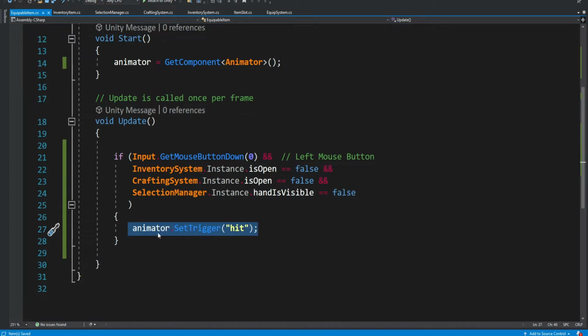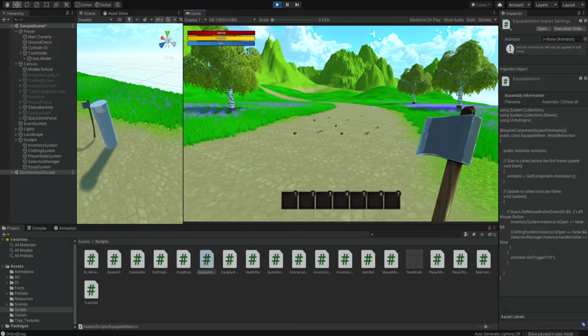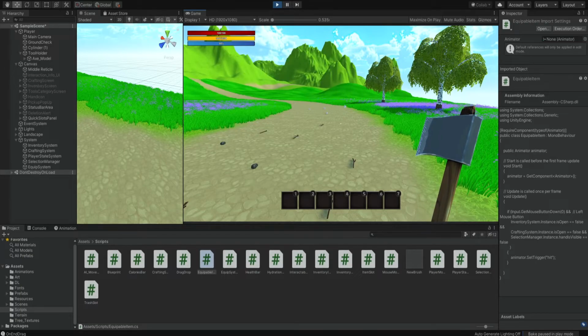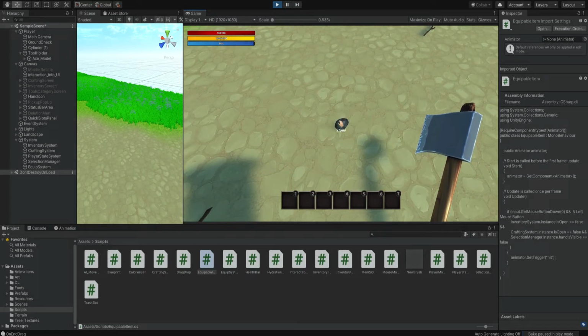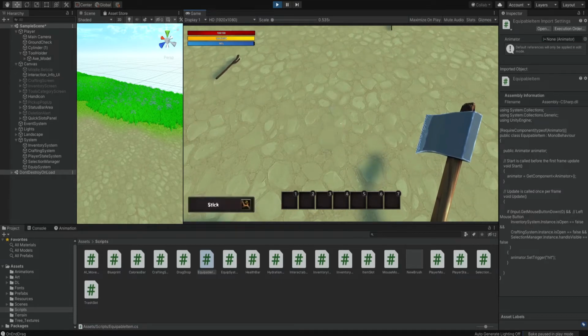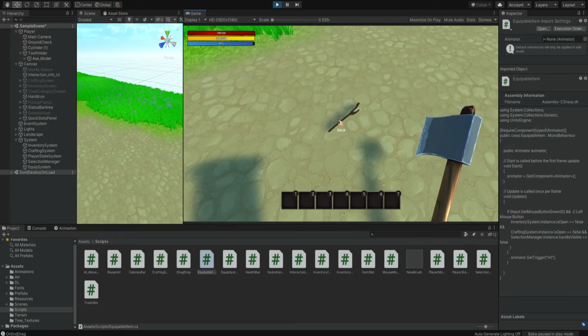So after we did all of this, we can run the game again. And now when we're inside a menu, if we click, it will not swing the axe, only if we exit the menu. And when we want to pick up an item, we cannot swing the axe. So it will pick up the item, but will not swing the axe. Only then we can swing the axe, okay?